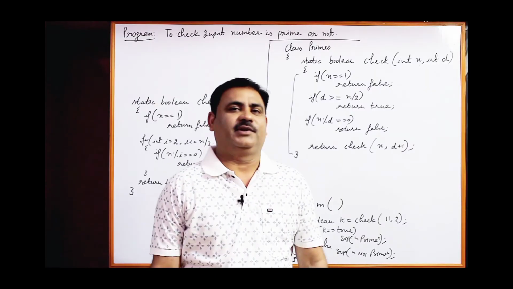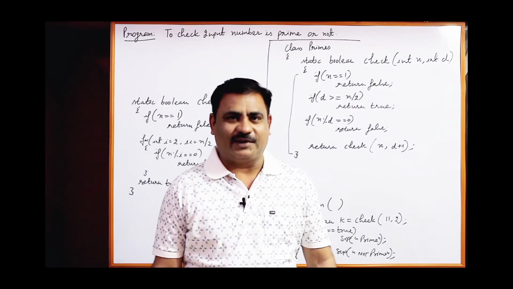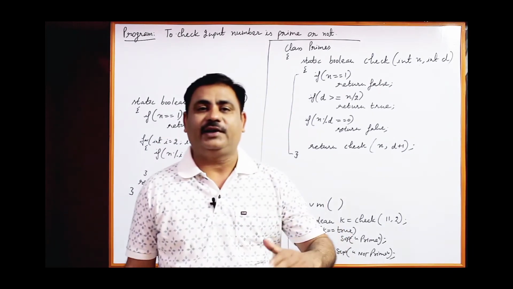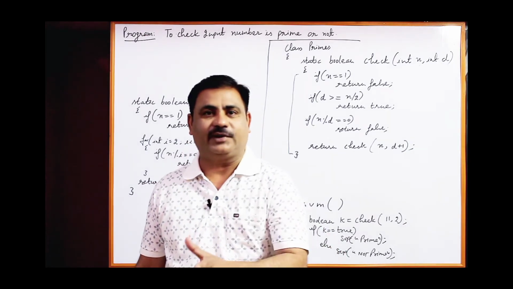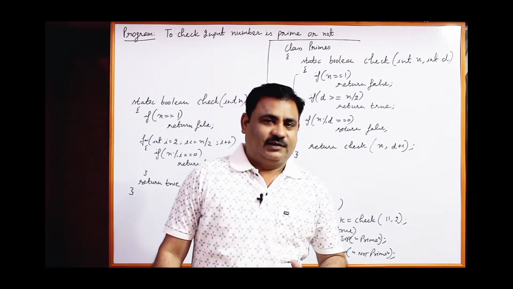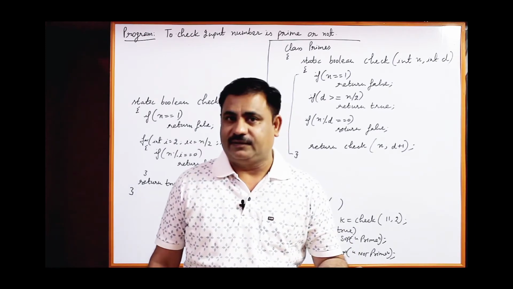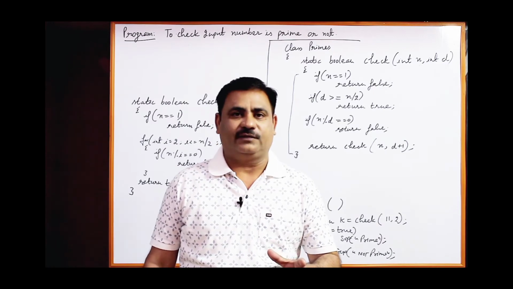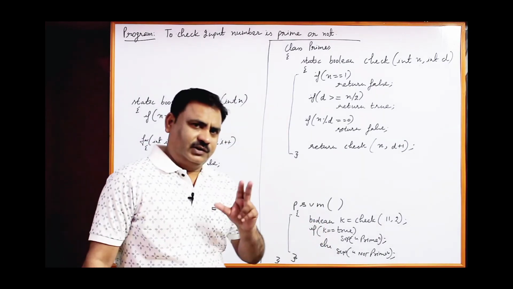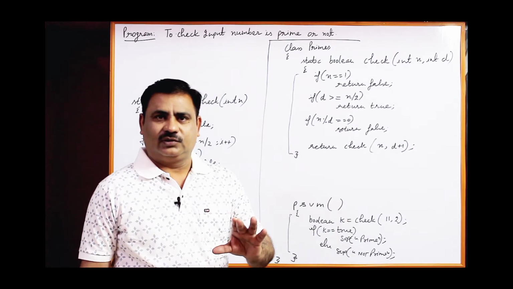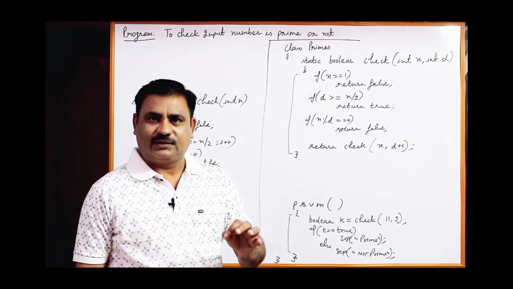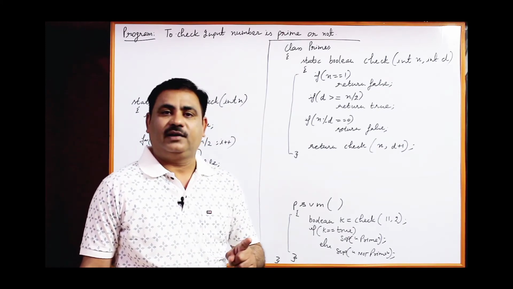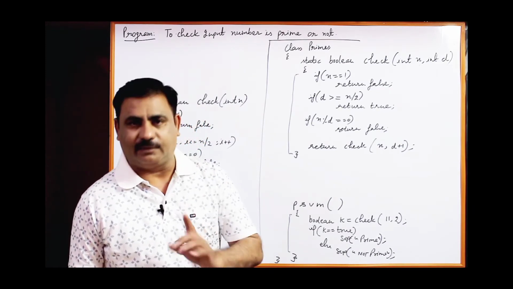Now the next program is how to check whether the input number is a prime number or not. You should know what prime numbers are. I had already explained the recursive method in the previous lectures. Here, the recursive technique is used, but again I am going to explain the non-recursive technique. Just pay attention. You know very well that prime numbers are those which have 2 factors, or we can say the number is not divisible by any number from 2 to n divided by 2.